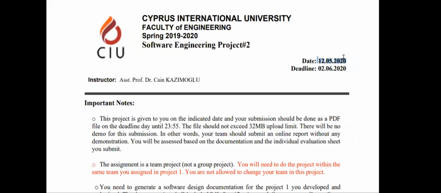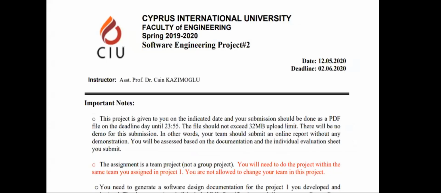This project is given to you on the 12th of May, which is today, and you're going to do a submission in 3 weeks, which is the 2nd of June. The submission will be just like the first one. You're going to submit a PDF file, and it should not exceed 32 megabytes. This time you're not going to develop software.